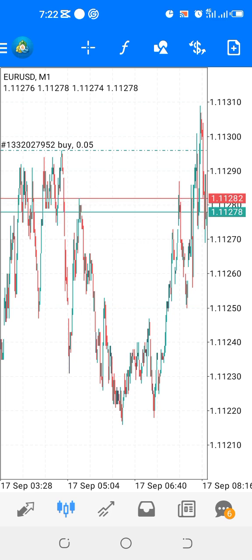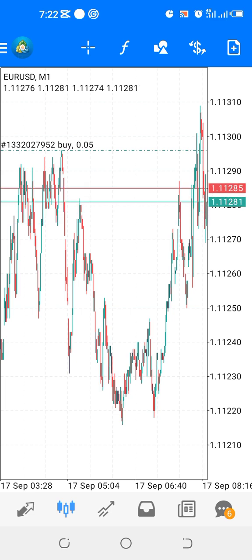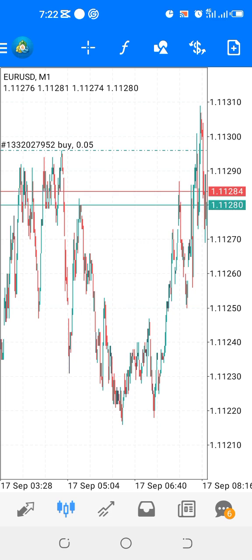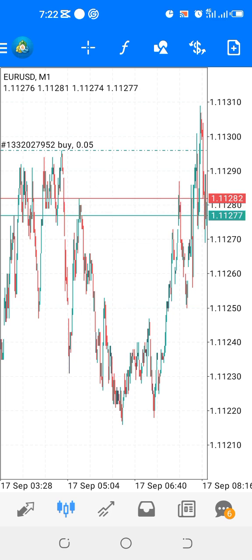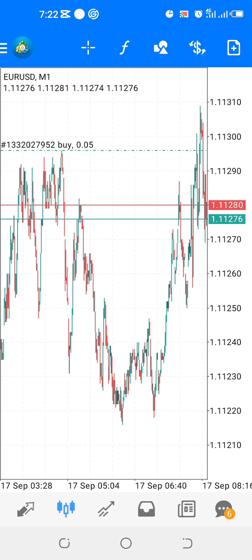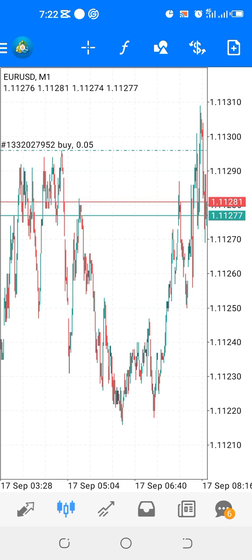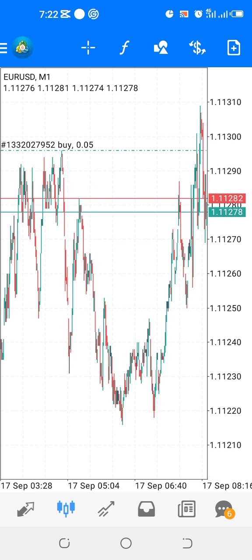So you have to decide what kind of trader you are. Are you a 1 minute, 2 minutes, 5 minutes, 15 minutes trader? Are you a day trader? Do you prefer trading on a daily time frame? Are you a swing trader? Do you prefer the 4 hours time frame or the weekly time frame, etc.? That's number one thing you have to consider: the time frame that suits your person.